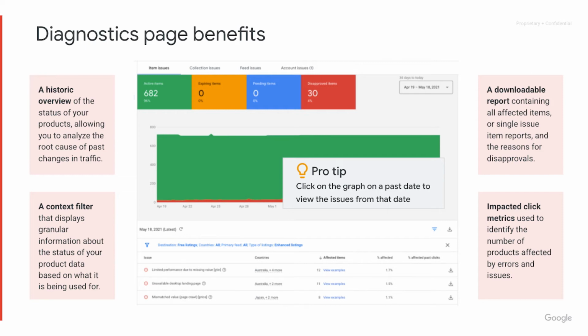And there's also the possibility to download the list and to sort it via affected items, which is the default, or via other impact metrics like affected past clicks. Note that you can actually see past issue lists by just clicking on any date in the stacked bar graph. And you will then see the list at the bottom update immediately.